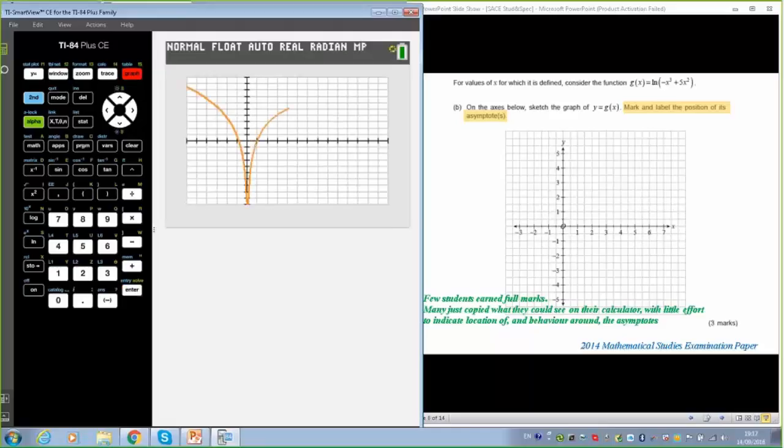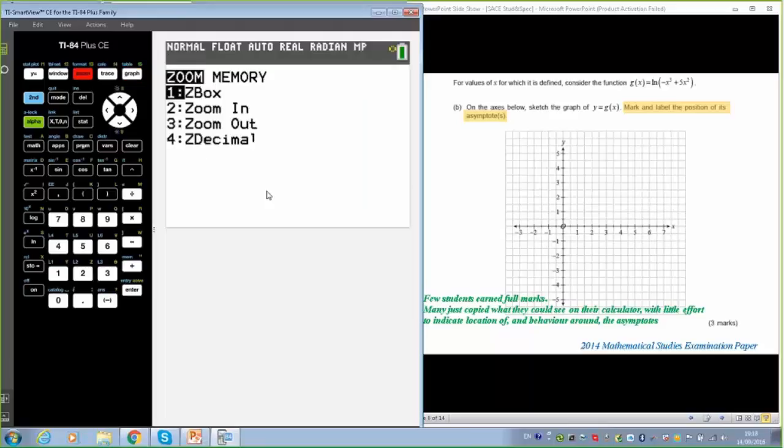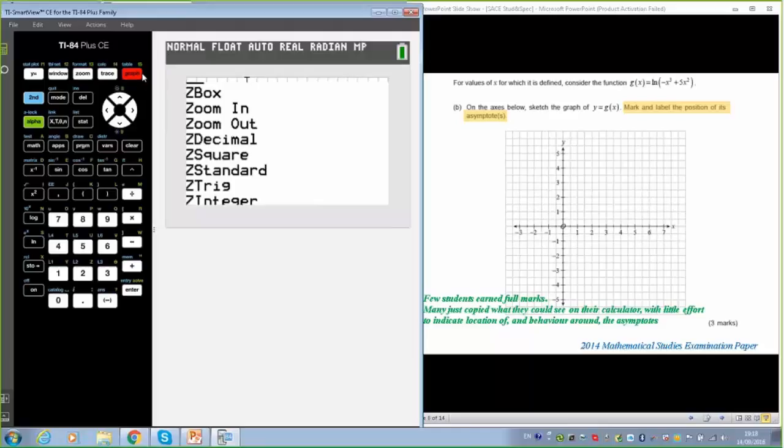Now, obviously, ours are rectangular looking rather than square, and a really nice thing to talk to the students about is why that is the case. But obviously, ours is a rectangular window, not, as you can see here, pretty square, really. We can make it square by going zoom square, but then that will mean I'll lose some of these other values. So I'm not stressed about that. I'll be quite happy with this.